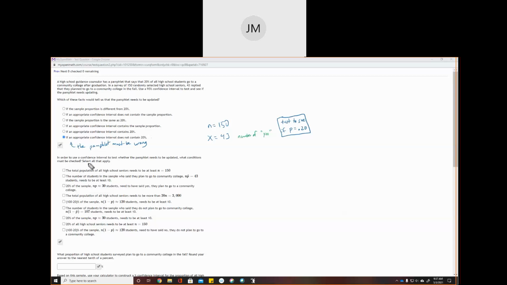Okay, in order to use a confidence interval to test whether the pamphlet needs updated, what conditions must be checked? Okay, so what we need are that the population is big enough and that the sample is big enough. And what we use to check those, okay,